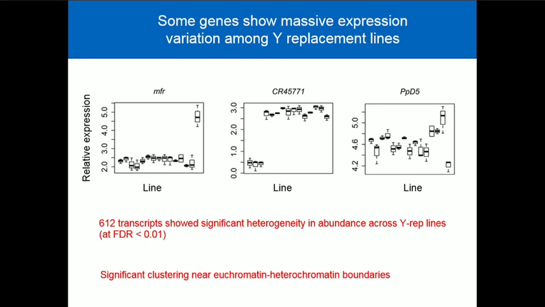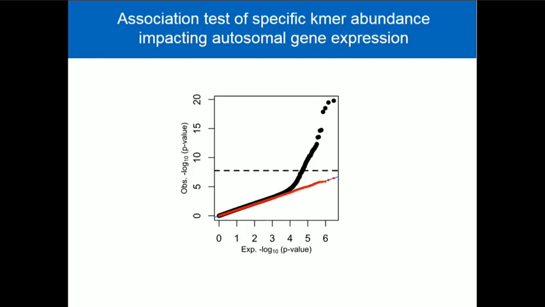There is one feature. We did GO analysis, all that stuff. Not too much comes out of that, but this was quite clear. There's a significant clustering of the genes that show this Y modulation near euchromatin-heterochromatin boundaries. That makes perfect sense. It's those genes that are like white-mottled 4, once you are in that neighborhood, they're right on a knife's edge. They could tip either way depending on the presence or abundance of the heterochromatin proteins modifying the chromatin state.